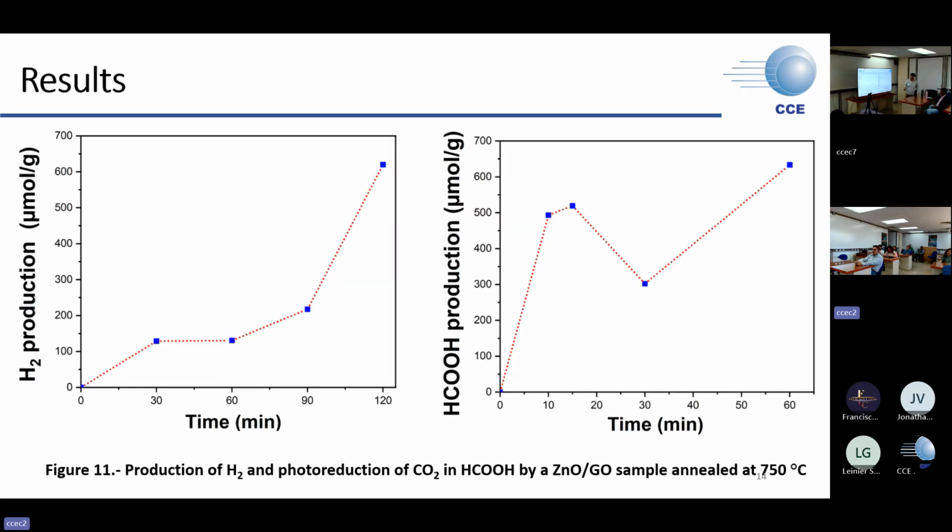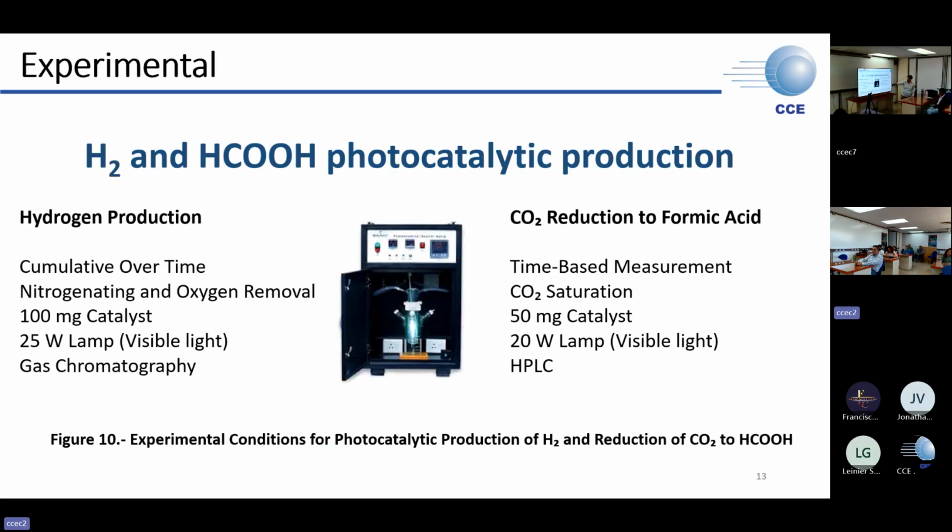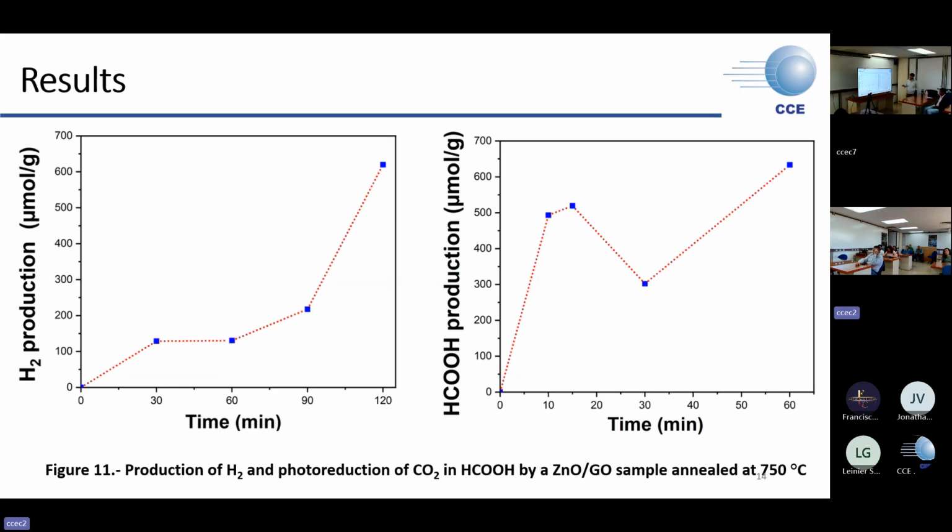Well, this is at the end the production of the hydrogen. In the case of hydrogen, we have an accumulative production over time. In the other case, it's measured in real time. The hydrogen was detected by gas chromatography, and the other one, formic acid, was detected by HPLC. We have very good results compared with other zinc oxide, but to be honest, we are at the bottom of the production of these two fuels